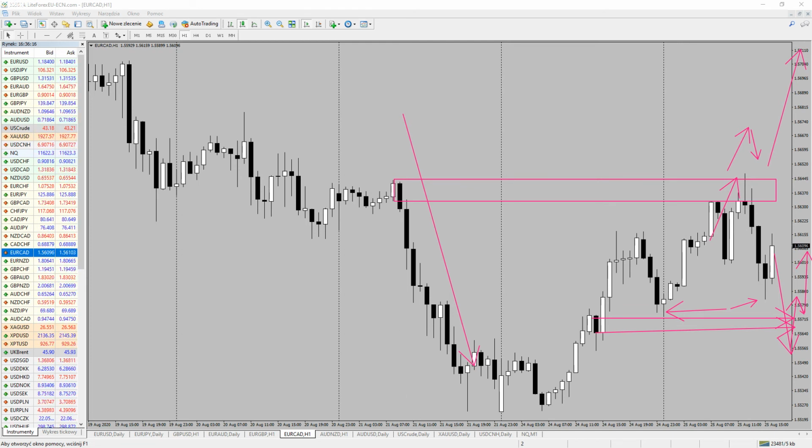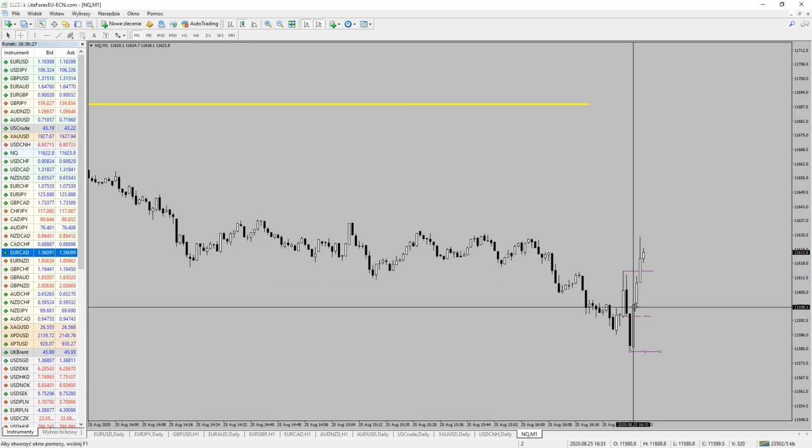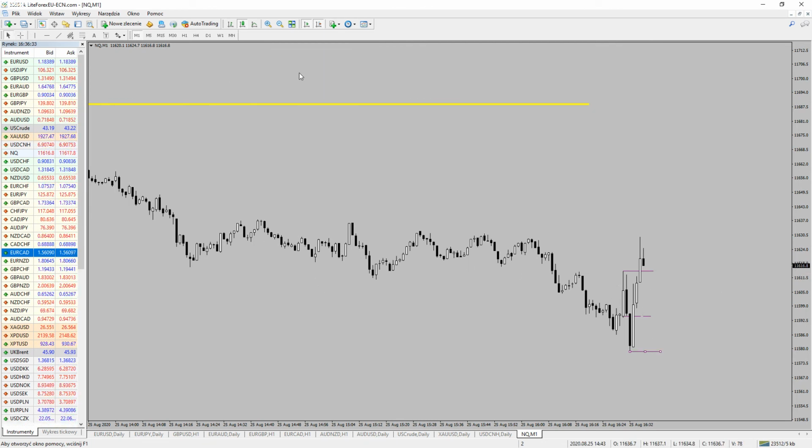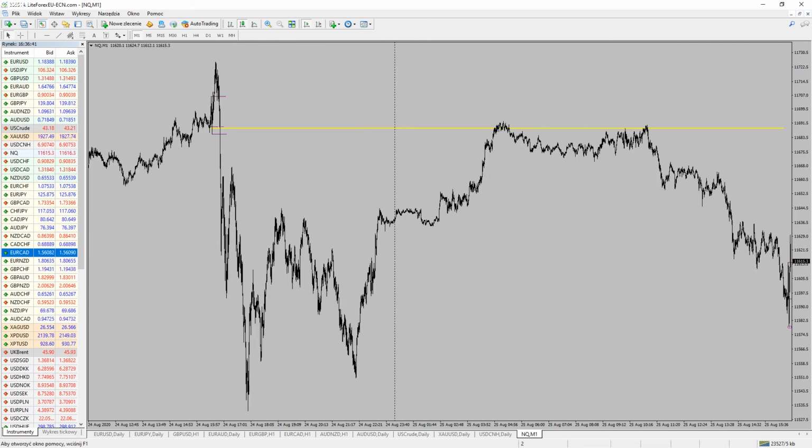Let's get back to the Nasdaq. No, we didn't. 35. So this strategy is not going to work for me. But what I'm going to watch, of course, are these highs in relation to what we've seen yesterday. So these highs, right, in relation to yesterday's cash open. Okay, if we are going to make some kind of failure on a 30-minute chart, for example,